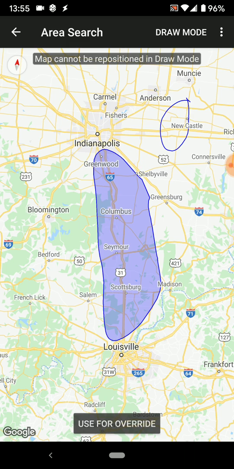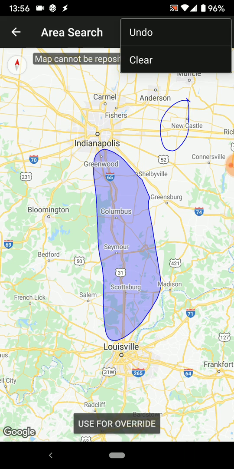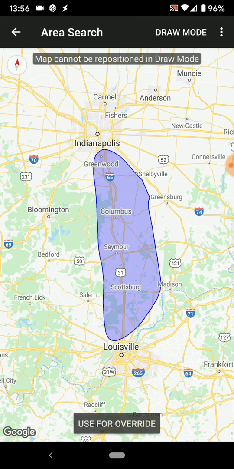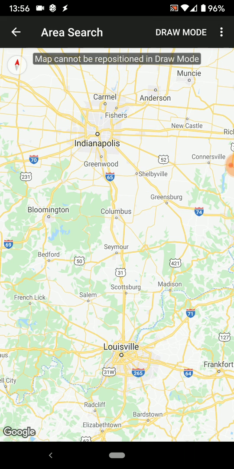So when you're drawing something, say if you make a mistake like that last one I made that's not shaded, you can go up here and click undo and it'll get rid of it, or you could click clear. Like if I had multiple ones, you could go up here and click clear and it'll clear them all. So I'll go back and add this one here for